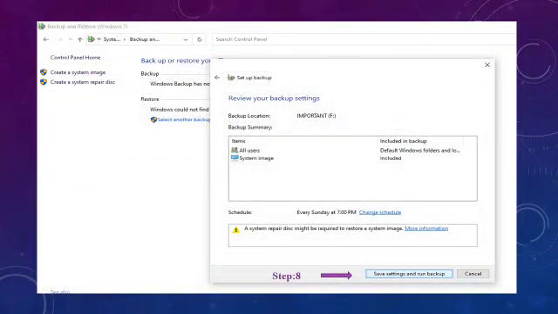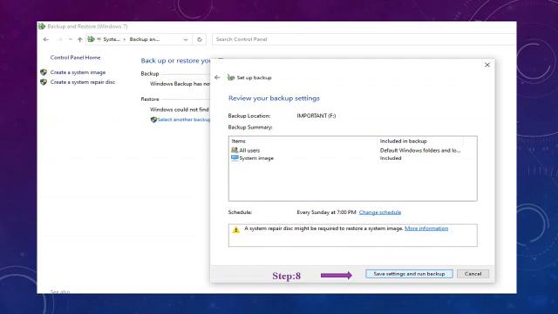Now review the backup job and make sure everything appears correct. As you can see the image, review backup settings are viewed. Okay, so here you can also schedule the days and the time on which the backup appears by clicking on the change schedule option.